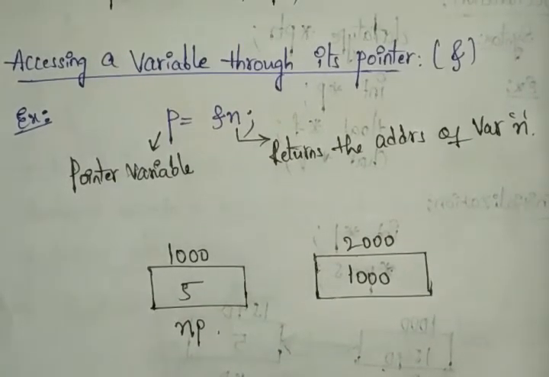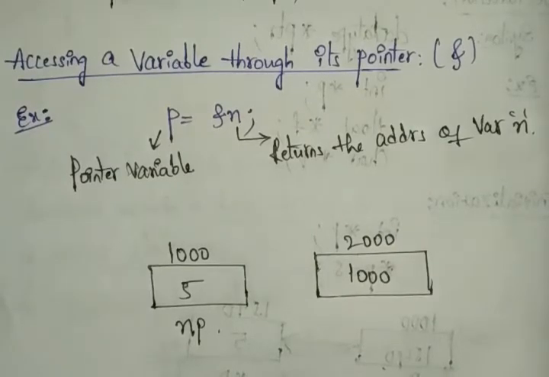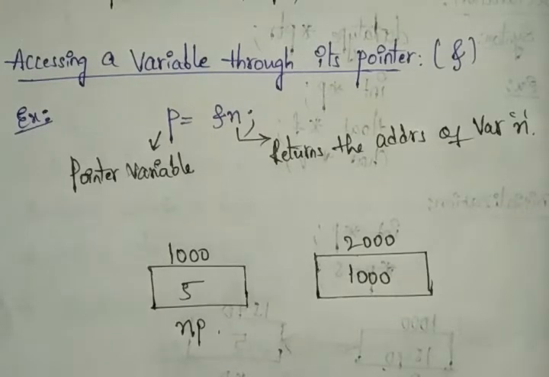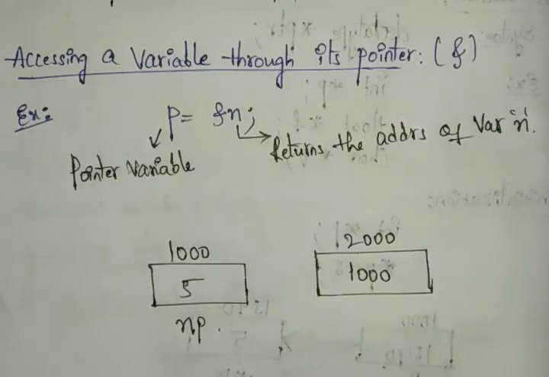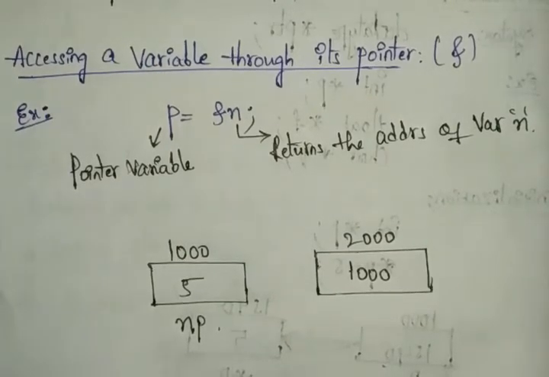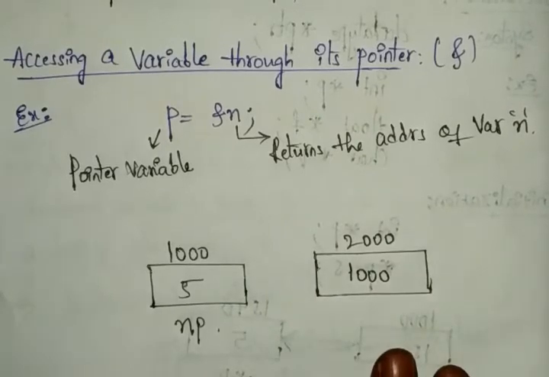So P is a variable. Memory space is also allocated for P. So here we are allocating the variable only. We are allocating our pointer to the variable only. We are not allocating to any other. So in that case, it can be stored like this.